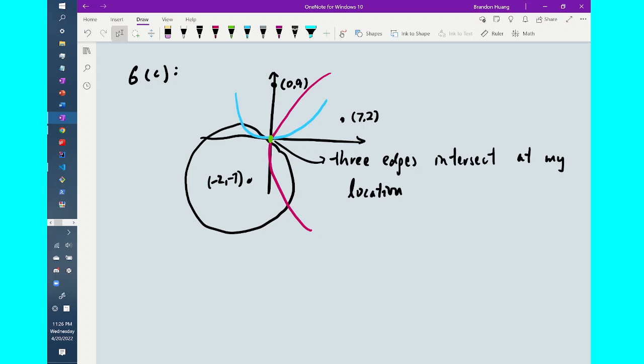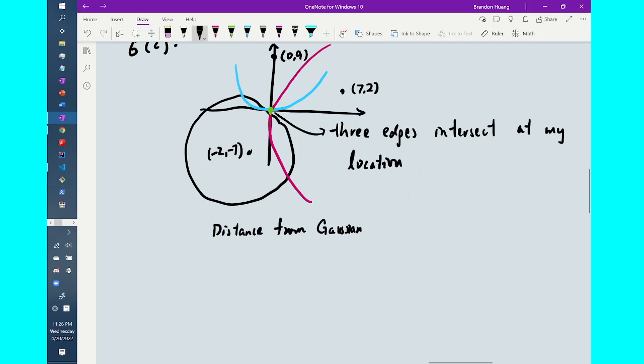So in this case, let's say that the distance from the signal tower, which is centered at (7, 2), is (x - 7)^2 + (y - 2)^2 = the square of that distance, which is 18, as given from the problem. Now let's move on